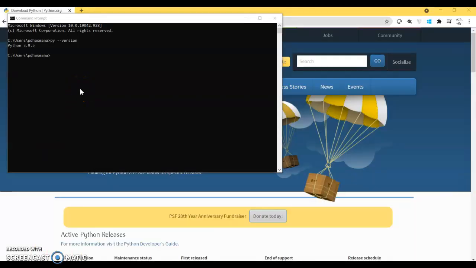Now run a simple program to see if it is really installed or not. We'll write py. I'll write a simple print command: Hello, this is demo. Okay, so you can see